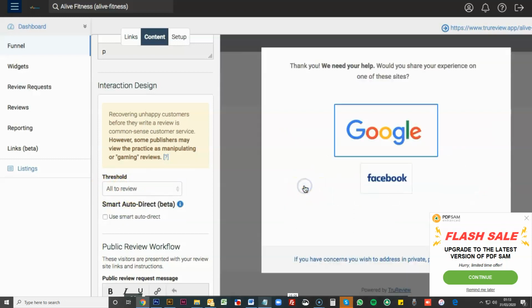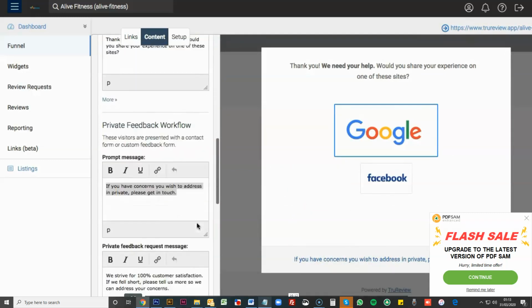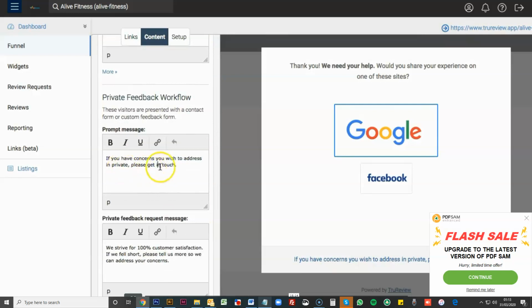So even if they click 1, they're still taken to this. Oh, and here's the right here. If you have concerns you wish to address in private, please get in touch. That one is here on the prompted message. I knew I'd seen it earlier, but I couldn't remember where it was. All right. So anyway, that means